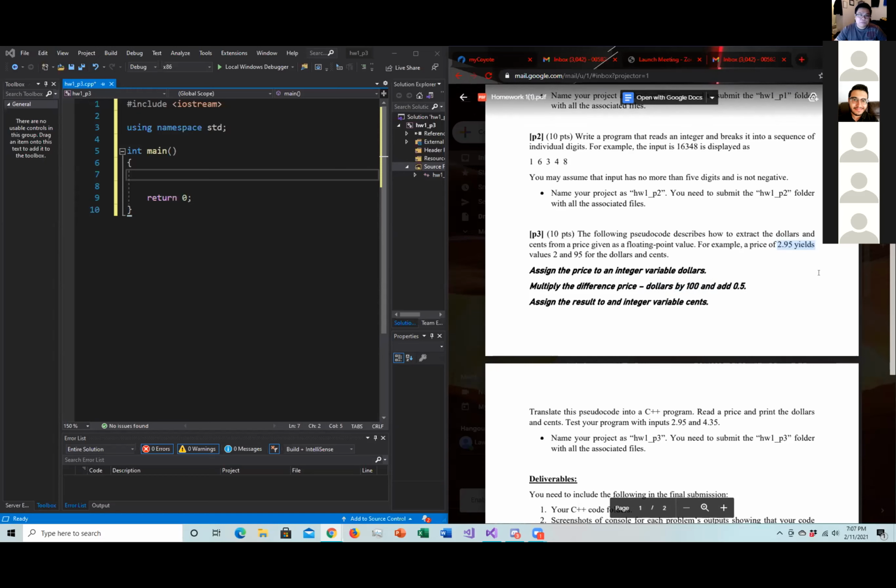It could be 2.954 or 2.957. We're just saying 2.95 because we set precision to 2. The reason why we're adding 0.5 is because if there's fractions of a cent after that, it'll round up to the nearest. Wait, but that's already covered by the multiplying by 100, because it says multiply the difference,